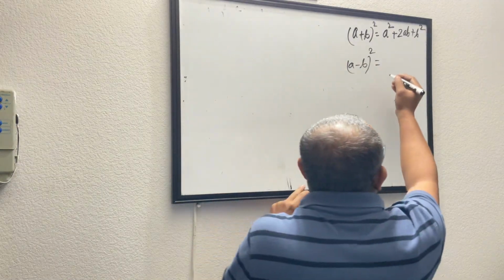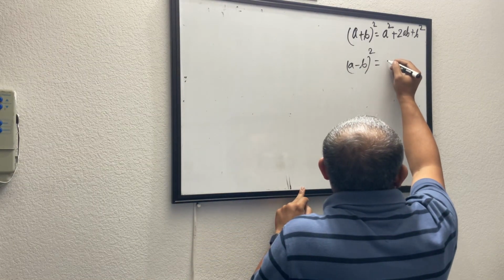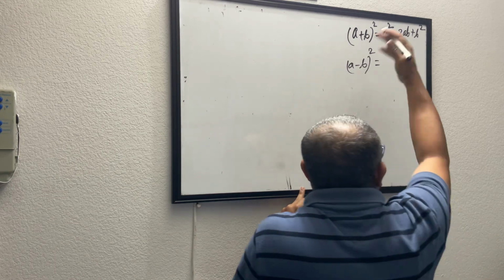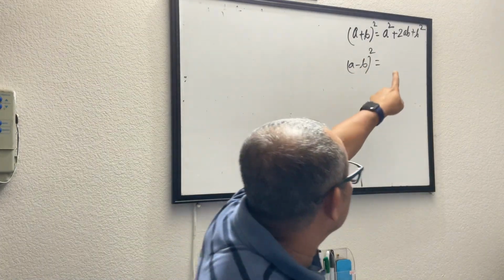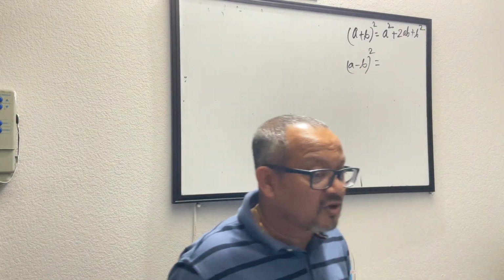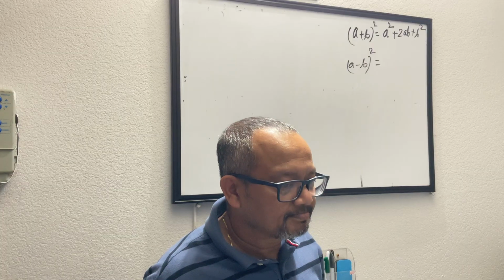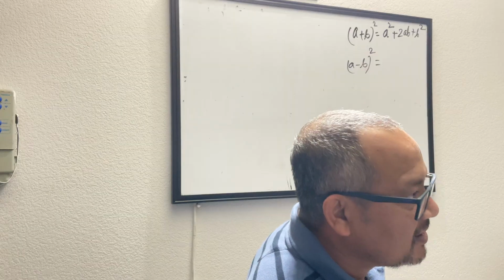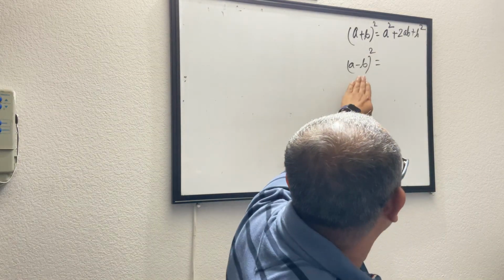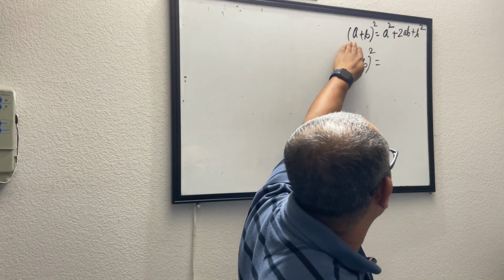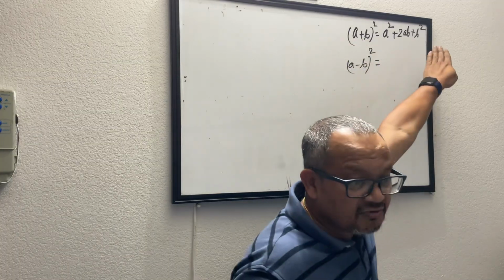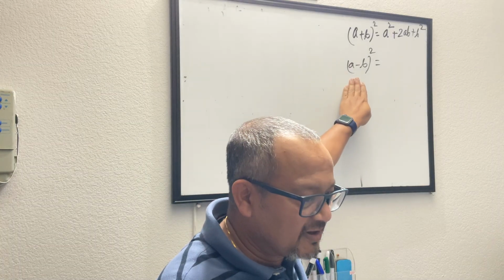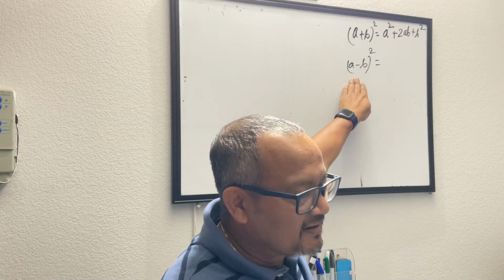Is it A times A minus B and then B times A minus B? No, that is how you calculate. I'm asking what is the result. What is the formula? I'm more interested in the formula. So like we just noted down, A plus B whole square equals A squared plus 2AB plus B squared. I'm trying to find out how much is the value of A minus B whole square, which we derived just now. Give it a try.